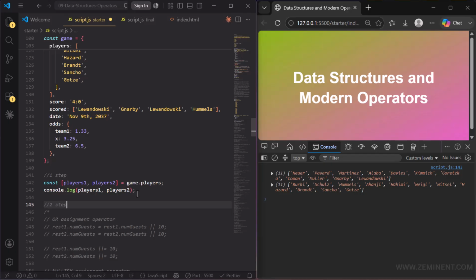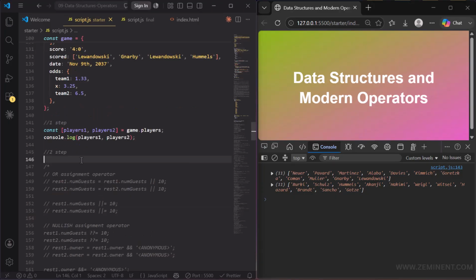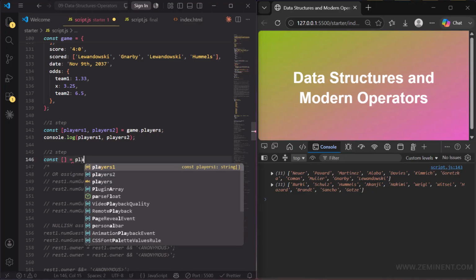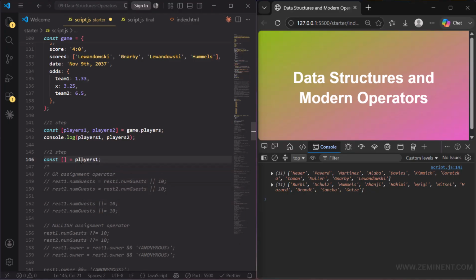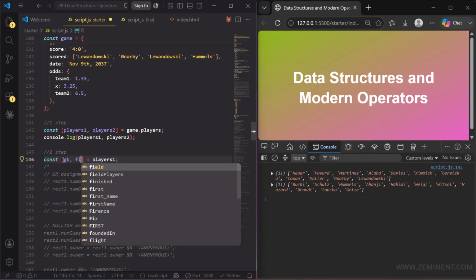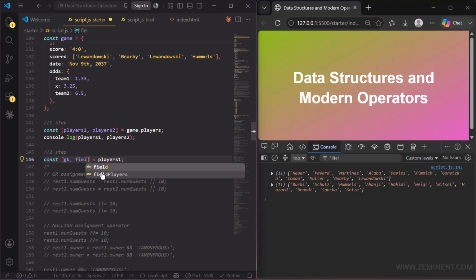That is, we should create one variable like goalkeeper. So for that, write const. Here we need the first player to be the GK and all the remaining to be the field players. I'm giving here the players 1 array. We need the first player of the player 1's array to be GK and then the remaining all should be field players. So we need all the remaining players. For that, write this operator,